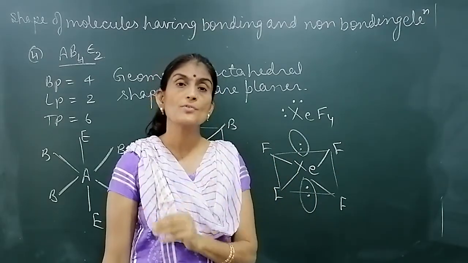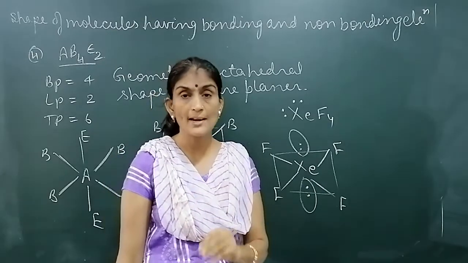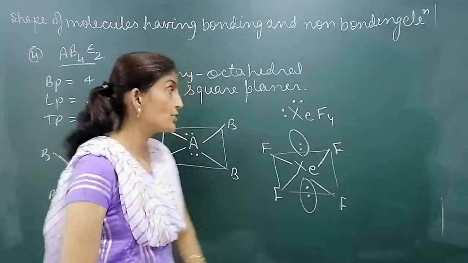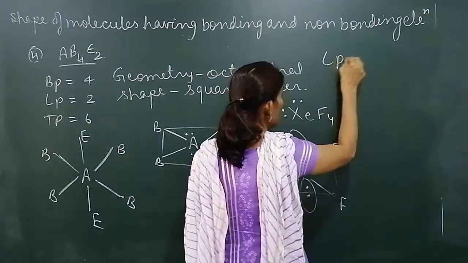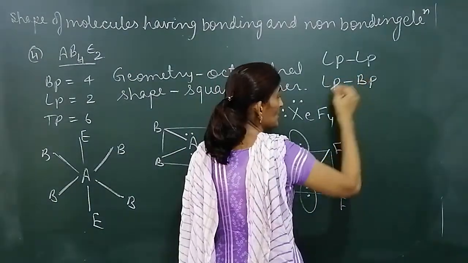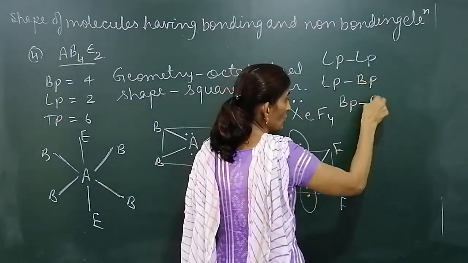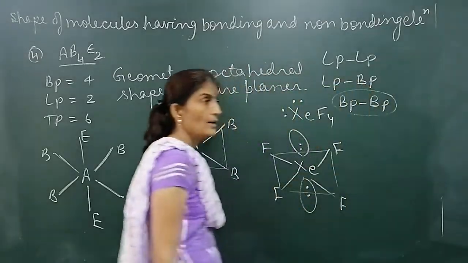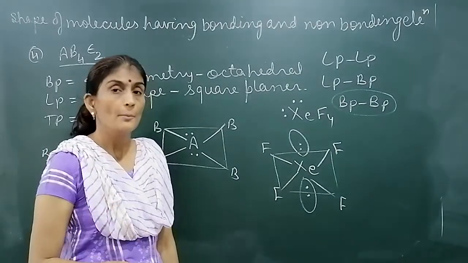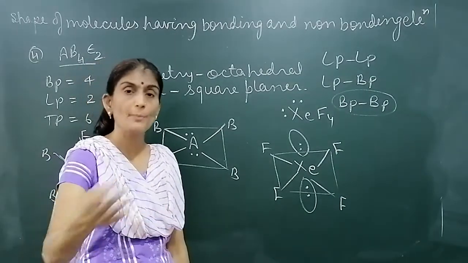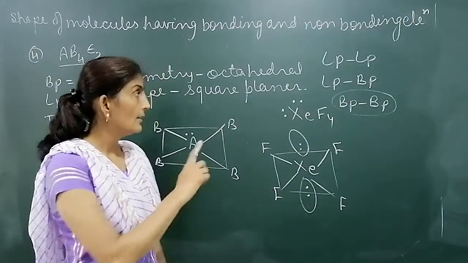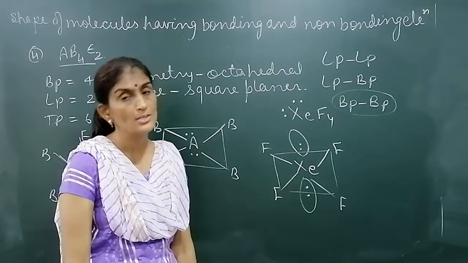So it is all because of the repulsion between lone pairs, between lone pair and bond pair, and between bond pair and bond pair. What is the order of repulsion? I told you earlier, two lone pairs repel maximum, then lone pair and bond pair repulsion, and least repulsion is between two bond pairs. So if only bond pairs are there, the repulsion will be equal, all bond pairs repel each other equally. But if there is presence of lone pair, then the order of repulsion will change. And due to the change in order of repulsion, the geometry of the molecule changes.